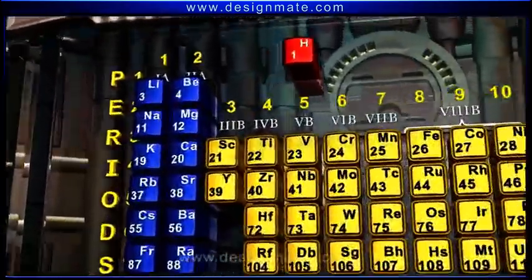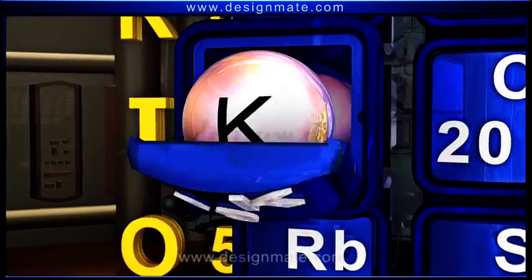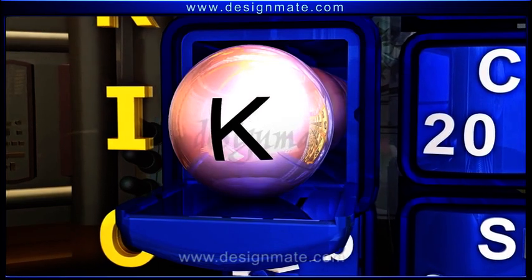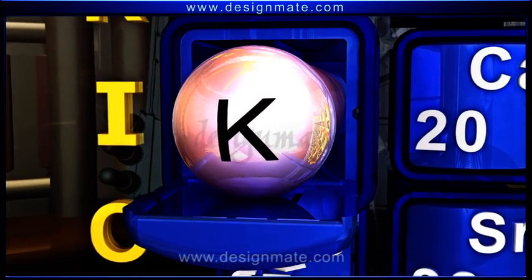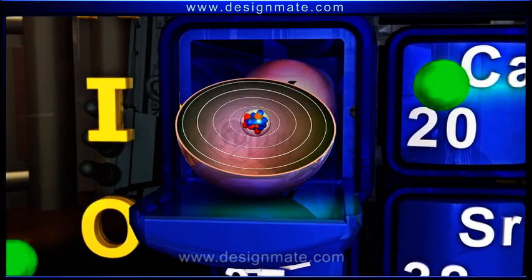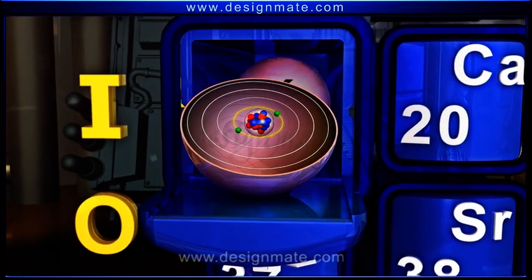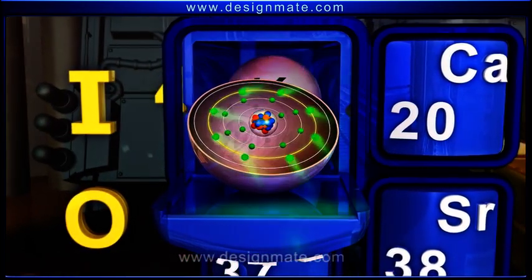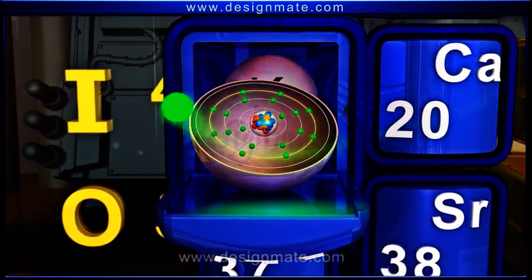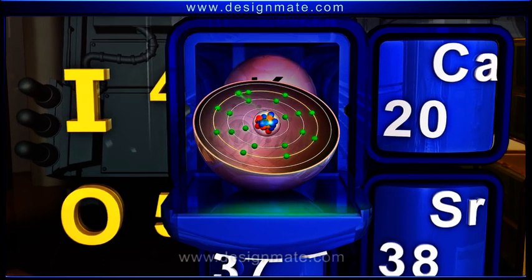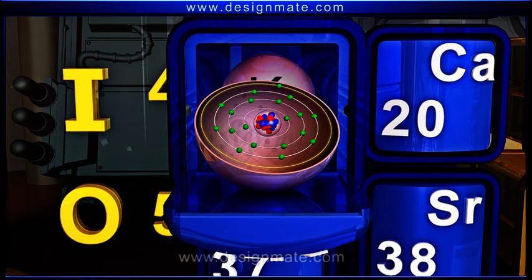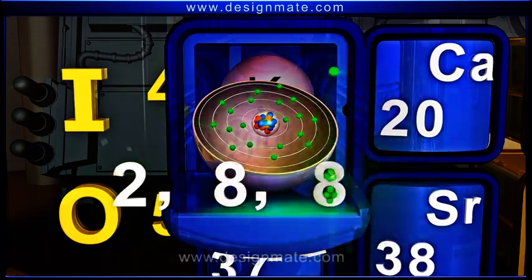For example, the atomic number of potassium is 19. Therefore, there are 19 electrons revolving around the potassium nucleus in the potassium atom. Out of these, 2 electrons enter the first orbit, 8 in the second orbit, the other 8 enter the third orbit, and the remaining 1 electron, instead of entering the third orbit, enters the fourth orbit. Hence, the electronic configuration of potassium is 2, 8, 8,